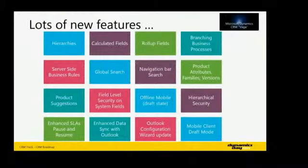So lots and lots of new features coming with CRM 2015. A lot of features which we would have hoped would have come earlier in the first releases of 2013. What I find with Microsoft is the first release gets you so far, gives you really nice capability, but you really want it to go to that next level, and you think, if only they just did that. But when we see the second and third releases of those functionalities, suddenly it takes it to the level you expected it to be and wanted it to be, and maybe further in some cases. So I'm just going to touch on a few of these and then go into and demo some of these